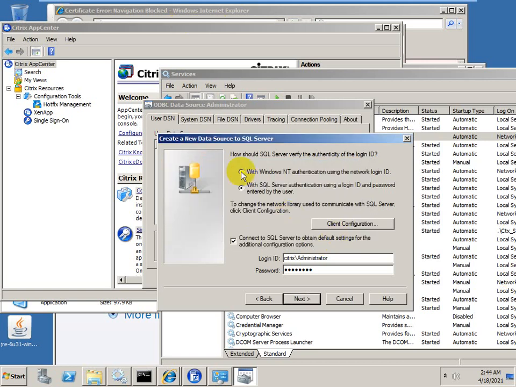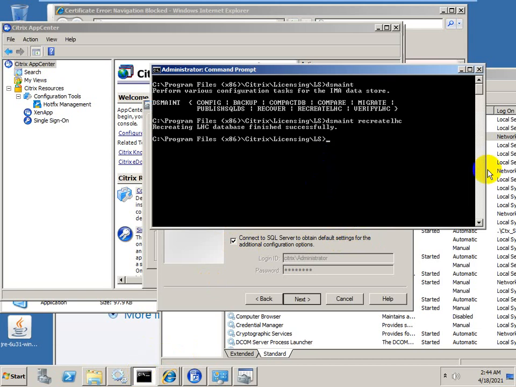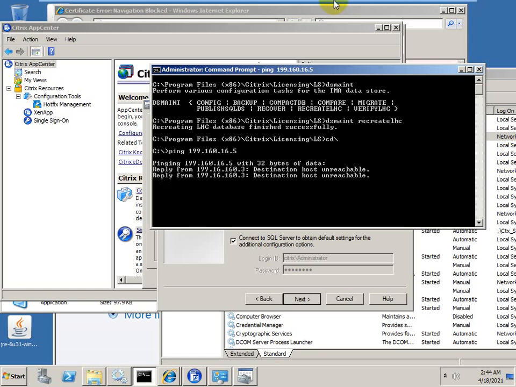Is this SQL Server 2000? Or you can check with the ping command, ping 199.160.60.5. Not getting a reply: destination host unreachable.